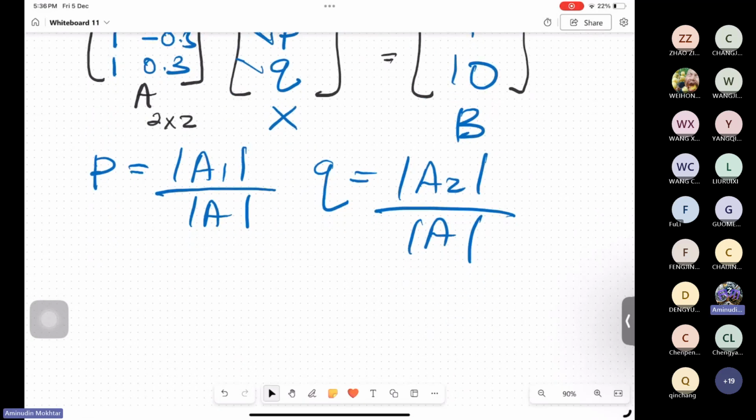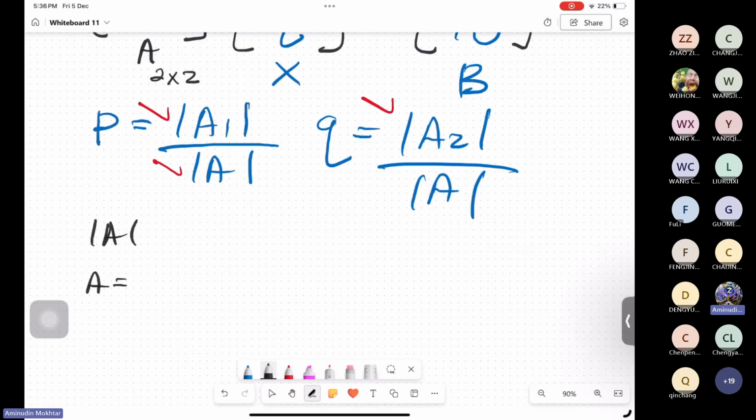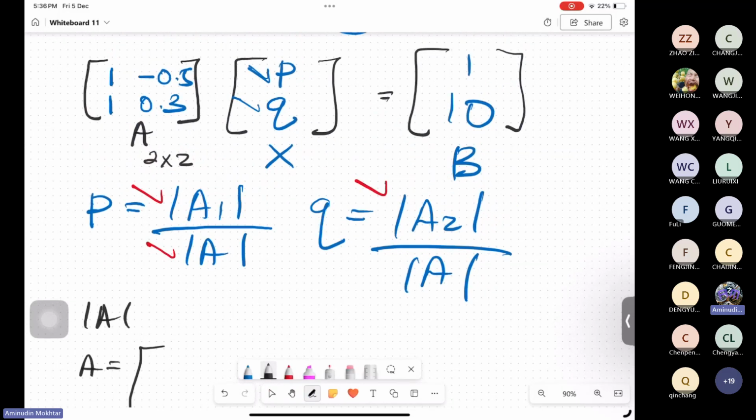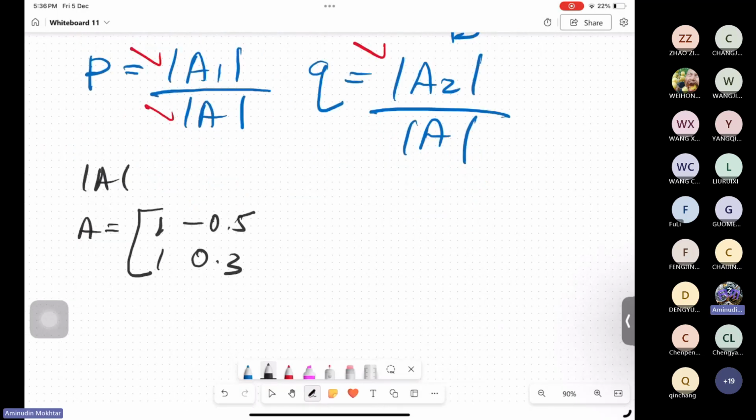Okay, so again we need to find a1 and a2. What is A? How do we find the determinant of A? We need to know what A is. Okay, again, the same process. A equals 1, negative 0.5, 1, 0.3. So the determinant of A equals